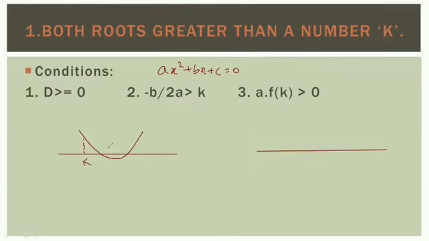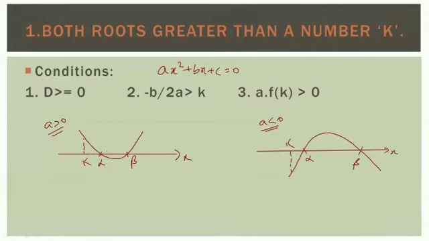So let's see, k be any number which is less than alpha and beta. k will be here, this is alpha and beta. So this is a number line, the x-axis. Okay, and k is any number which is on the left of alpha and beta both, so that is a number less than alpha and beta. Okay, so this is the graph when a is greater than 0, and this is the graph when a is less than 0, as we all know it.